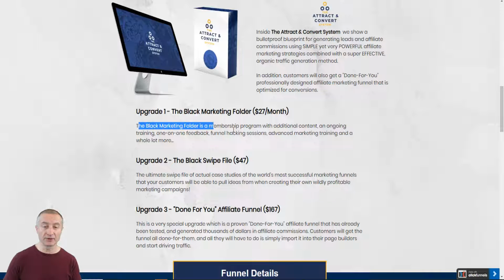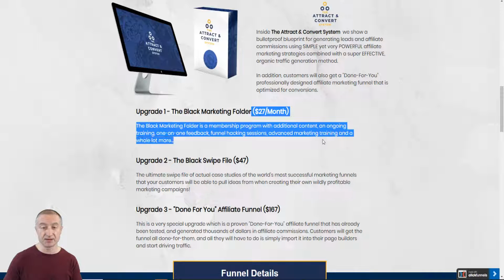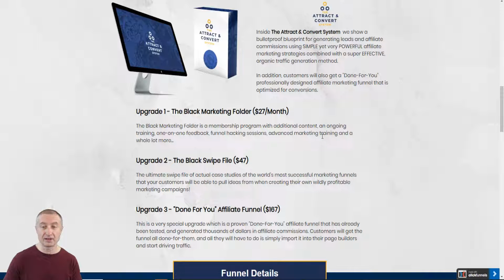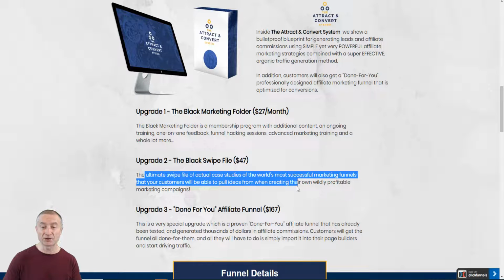I had a look at this membership site actually, got access to it from Edwin. There are so many things that are covered inside here. If you're interested and you're serious about making money online, you can't go wrong with this upgrade as well. Then we have another upgrade, the black swipe file, which is a swipe file of actual case